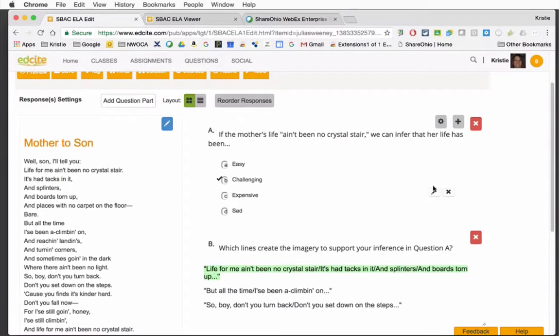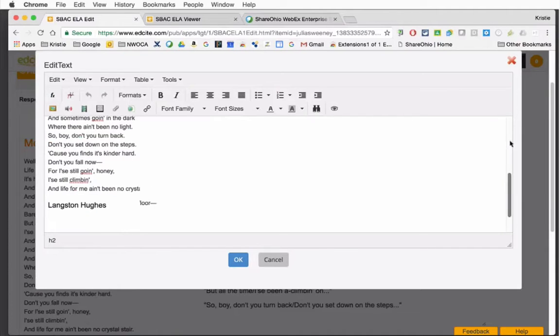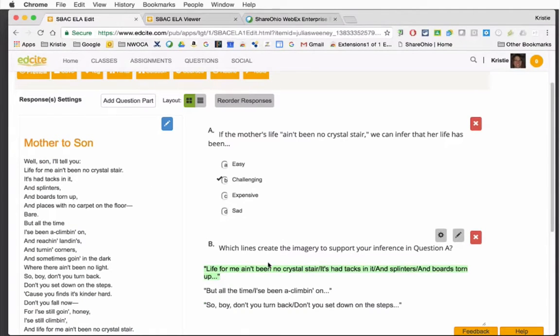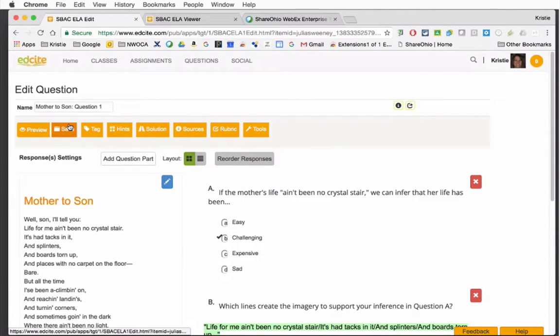As I'm hovering over these, I get this little pencil that I can go ahead and edit it, or if I want to delete the choice, I can go ahead and do that too. You also notice that there's a pencil over here. So you're seeing just a lot of text boxes all put together. So if I wanted to bring this up and edit it, I can do that too. So it's really slick as far as you can take something and keep what you want and then change what you want. But again, that magic button here is save, because when I click on it to copy it, it's